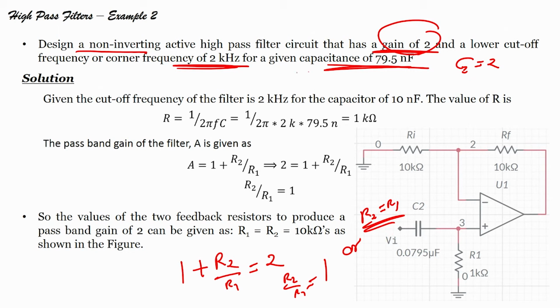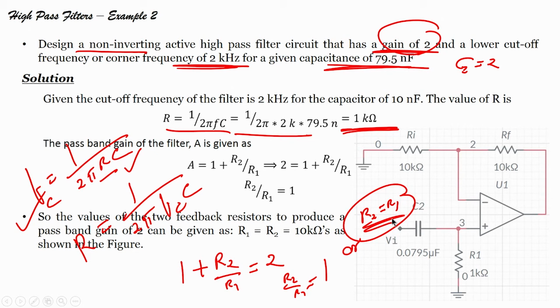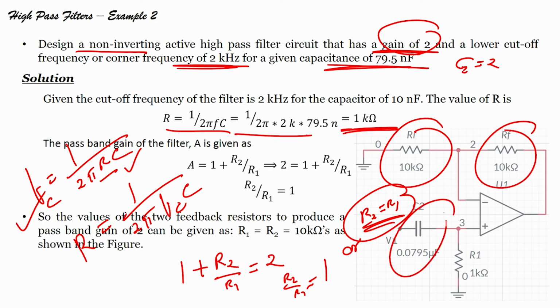Now, frequency is given, C is given. So, I can find R. Fc is given, C is given, then R will be 1 upon 2 pi Fc into C. I substitute the value and I will have value of R. Now, I know the value of R, I know that R2 and R1 should be equal to 1 or R2 should be equal to R1. So, I can design R2 R1, I know the capacitor, I found the value of resistors,